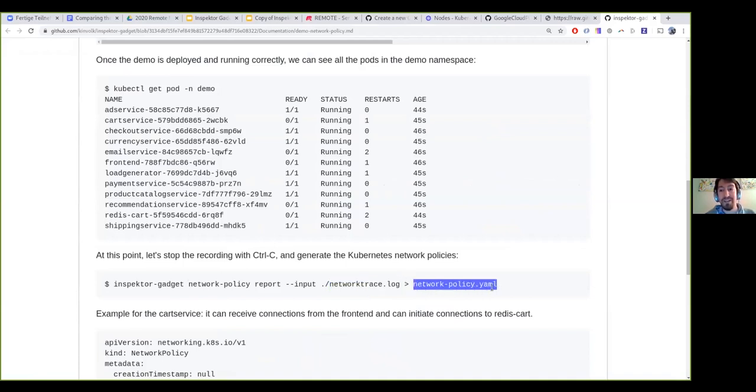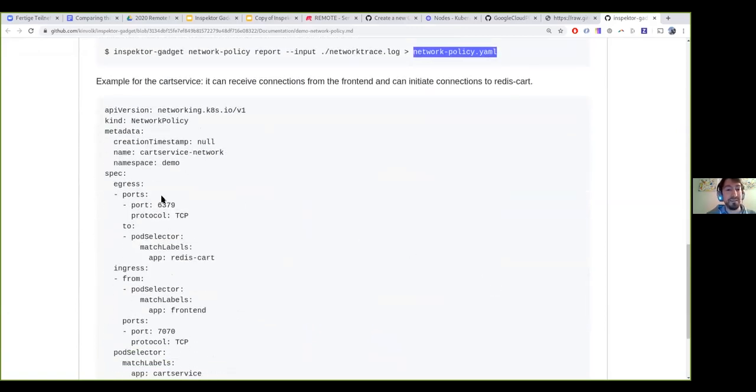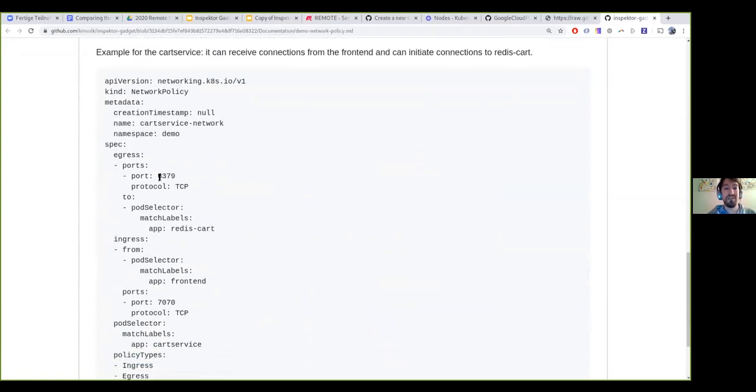And the network policy will contain, for example, things like that. It will auto-detect that this pod has talked to this pod, and it will suggest a network policy that you could apply to your configuration. Of course, that should not be used blindly. You should think about whether it's normal that here the card service can talk to this other pod. But I find it a lot easier to do it like that, to generate a long list of network policies and check if things look okay. Okay, let me go back